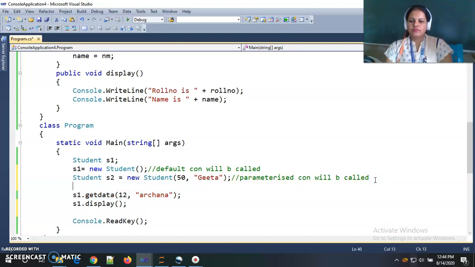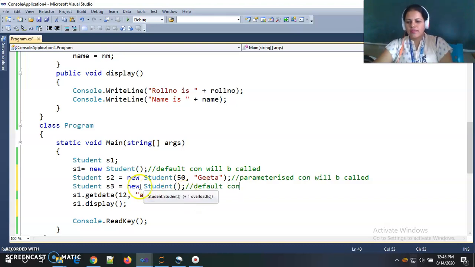Now, if I am declaring another object, Student S3, then what happens? If I am declaring and initializing this object like this, then again the default constructor is called here. If we are defining a default constructor, then at this time the default constructor will be called.